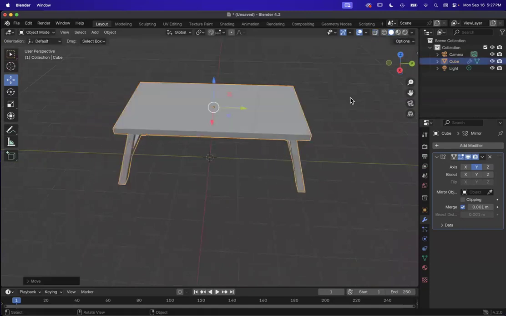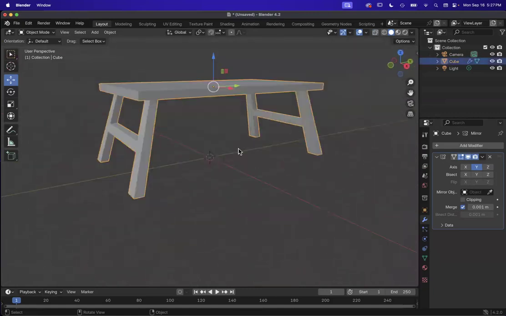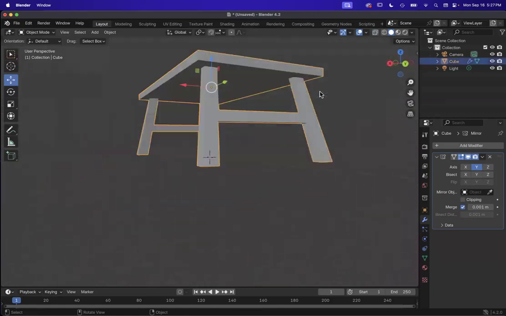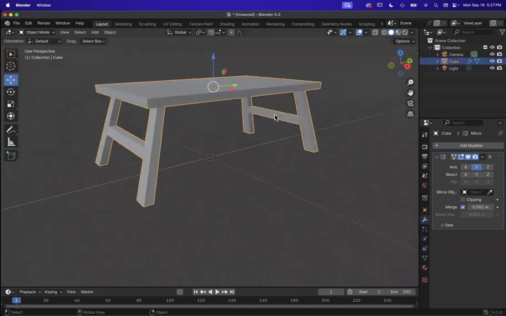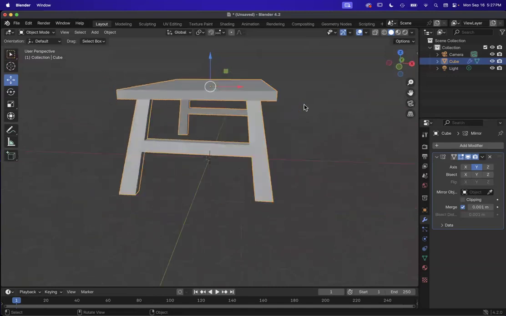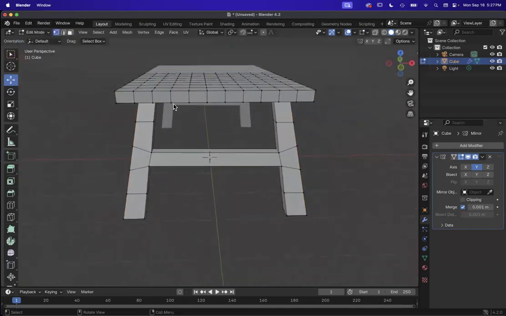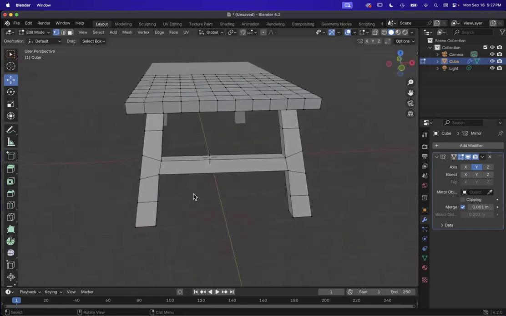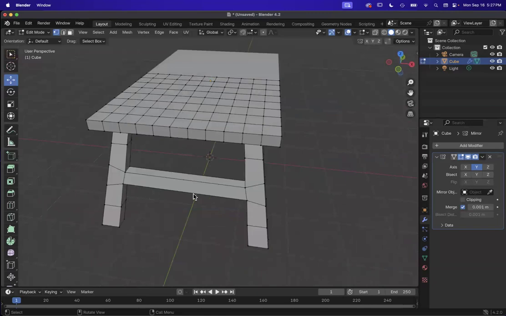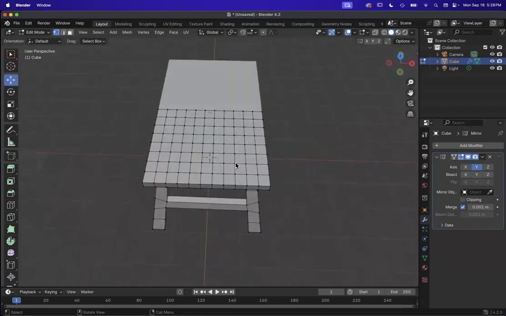So let me turn off the X-ray. What's cool now is any changes I make to this one side will automatically happen over here. You can see it automatically mirrored it, so it created the little foot or support on the other side. So now I can just play around and detail this side. And actually, because this mirror thing is so awesome, I could probably do